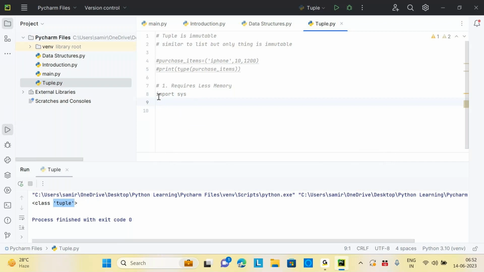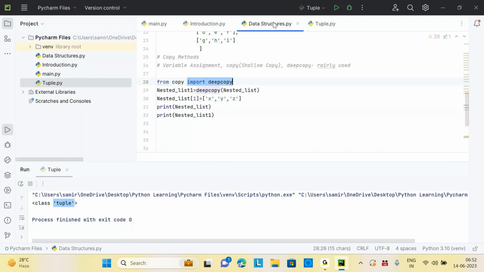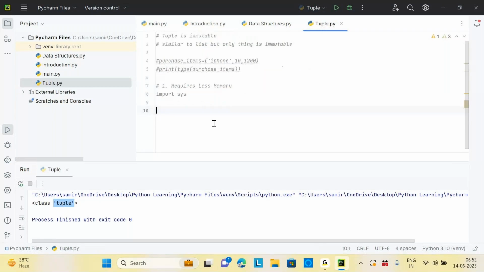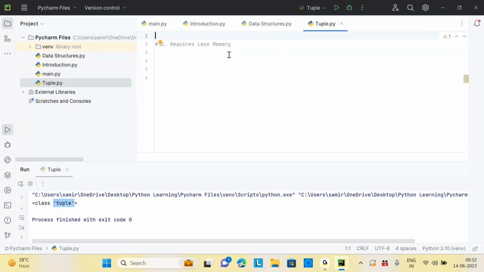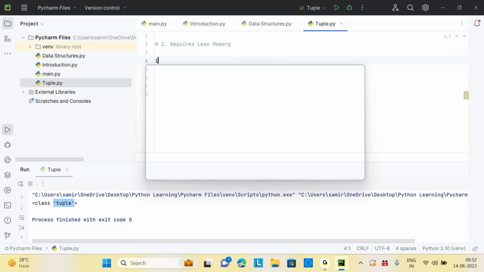Okay. What happened here? Hmm. It got less more. Let's see why it is. Okay. Import